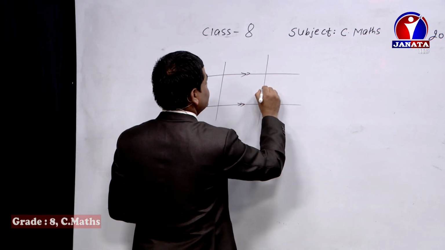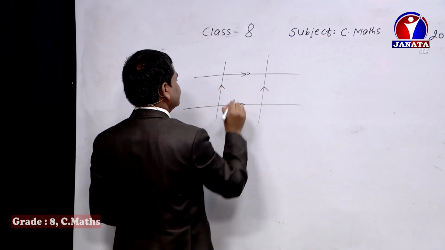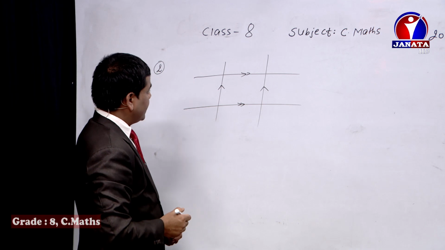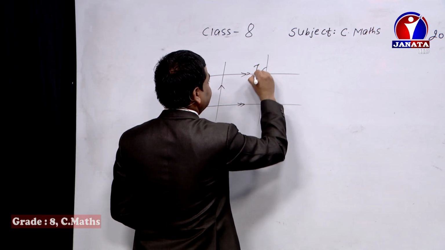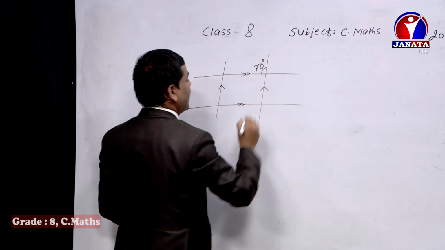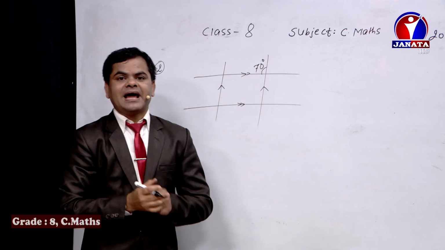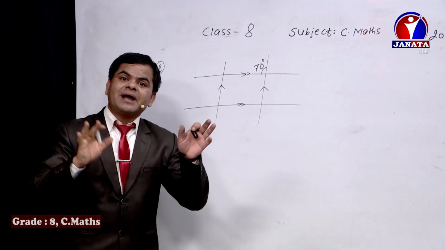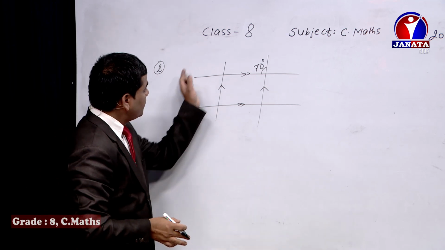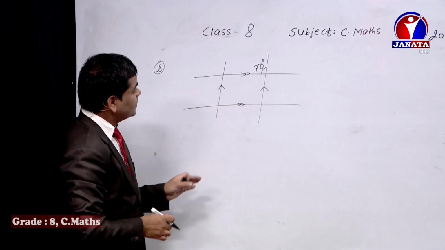Now again I am going to present these two lines as parallel to each other. Now I am going to give one angle in here as 70°. Now, by using only this one value contained in this figure, can you find out the measures of the angles which are found in this figure? I'm going to write the names.